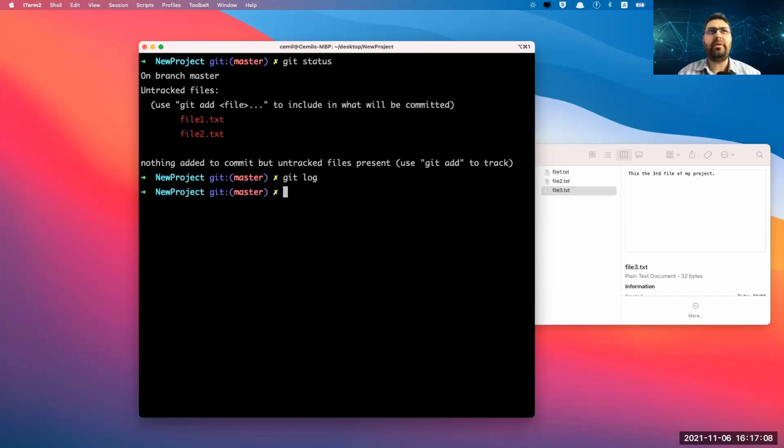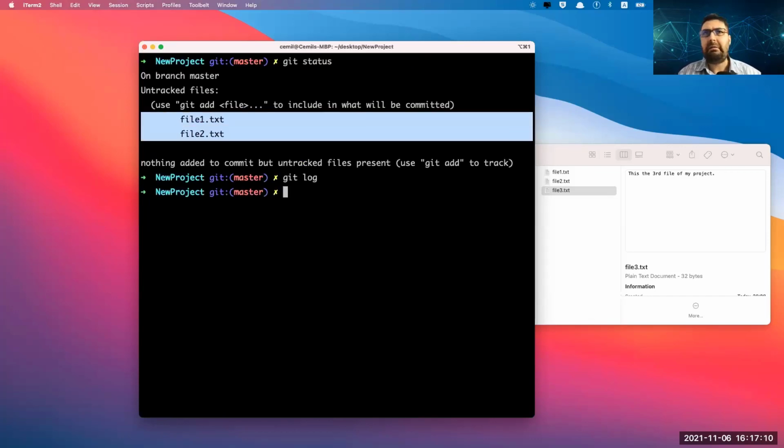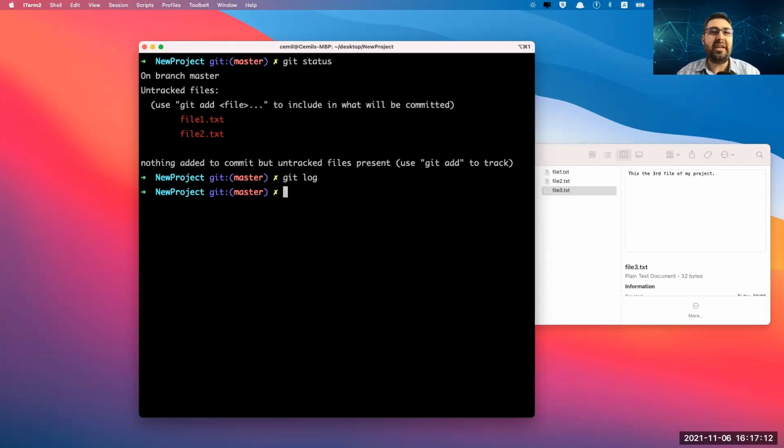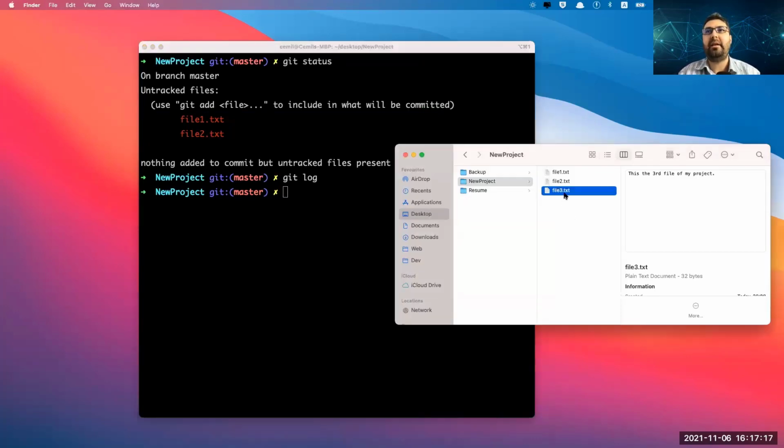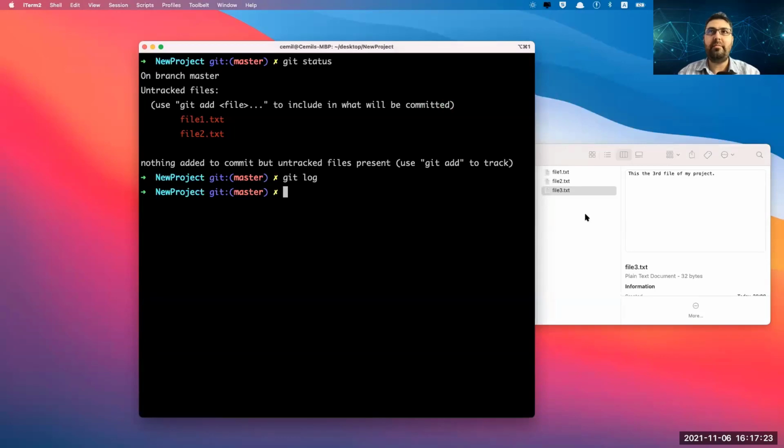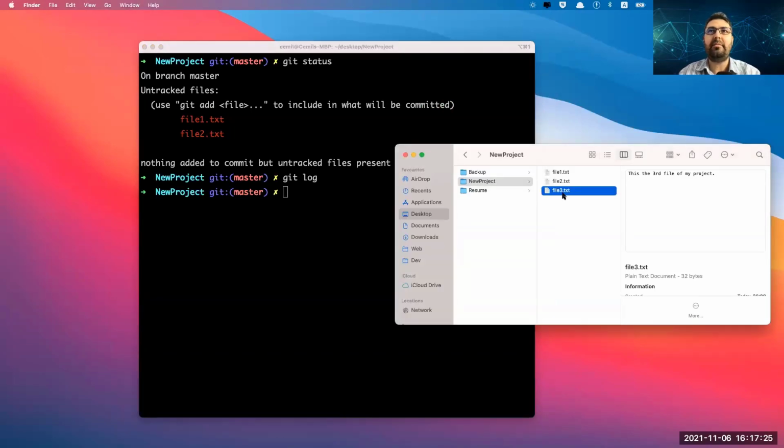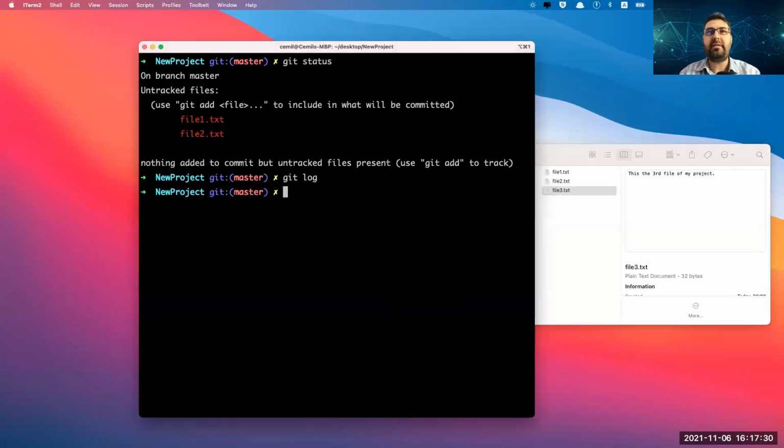What about file 1 and file 2? We didn't do anything with them. They're not being tracked yet, but just file 3 is being tracked. So whatever changes are done with file 3 are now being tracked, and anytime I want to go back to those versions, I can just get back to the first version, let's say with git log.